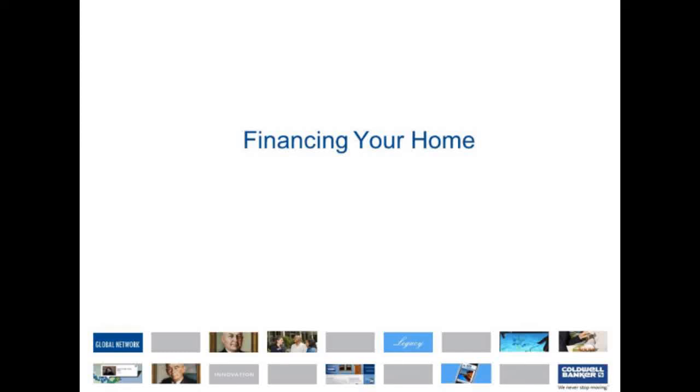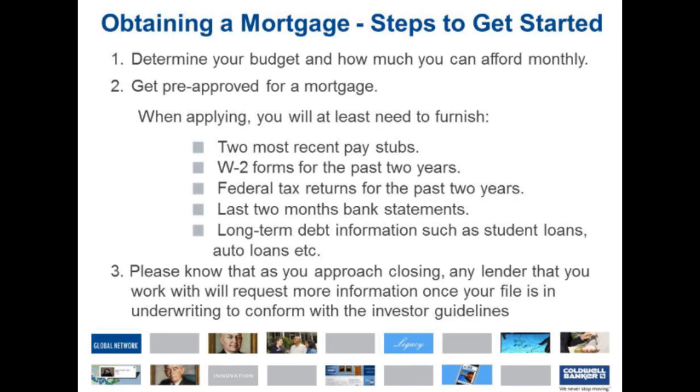So in this section, we're going to be discussing financing your new home. If you look here at the first slide, we're going to talk about a couple items out of the many that you'll need in obtaining a mortgage. And it'll also have a little bit longer, but still just an abbreviated list on the first page there of your packet. The first thing is you're going to need most recent pay stubs, 2 to 3,